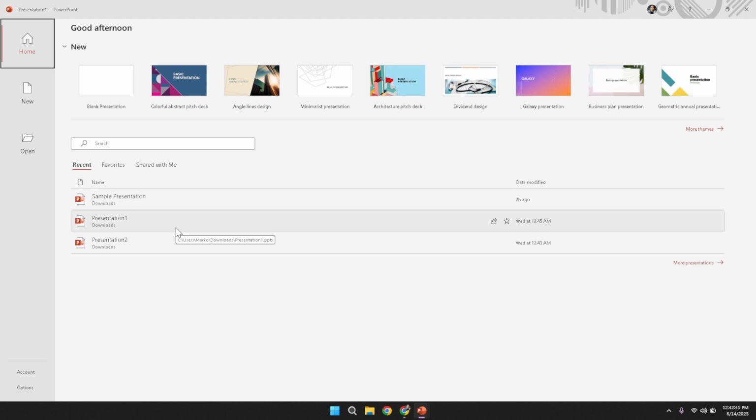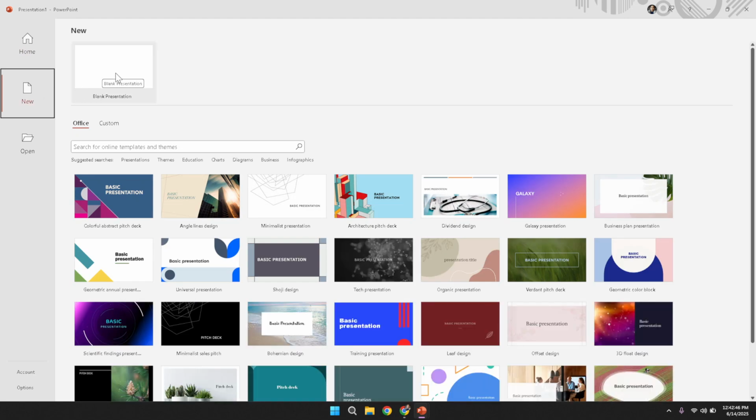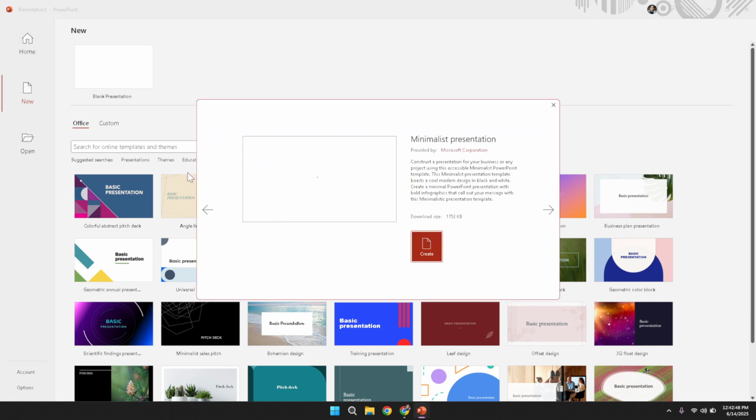After the program has launched, give a moment for Microsoft PowerPoint to fully open. The application interface should be visible on your screen, displaying various options such as creating a new presentation, opening a recent file, or browsing through templates. The layout is designed to be user-friendly, giving you quick access to your work or helping you start a new